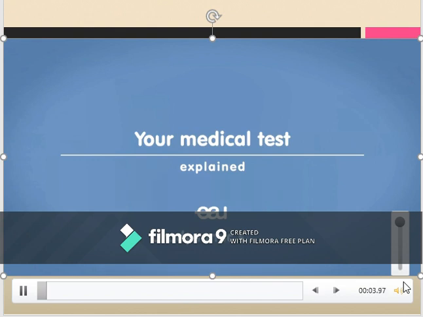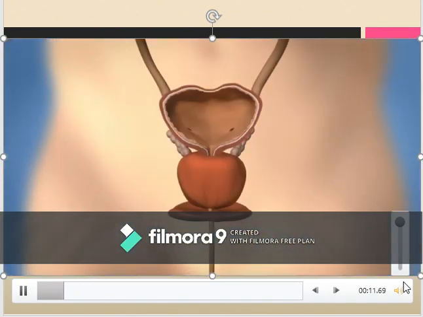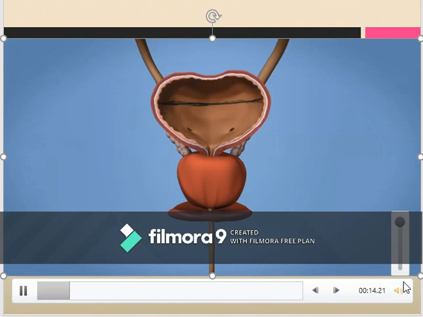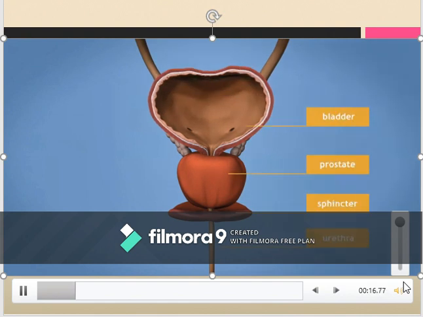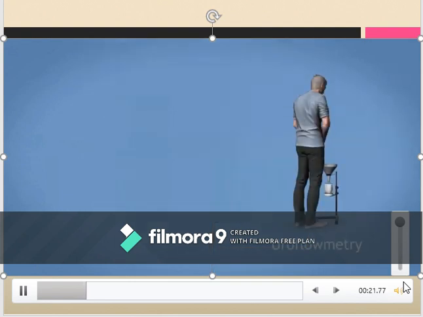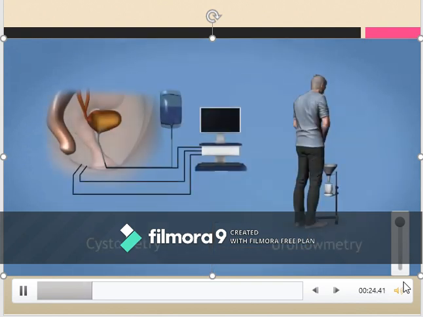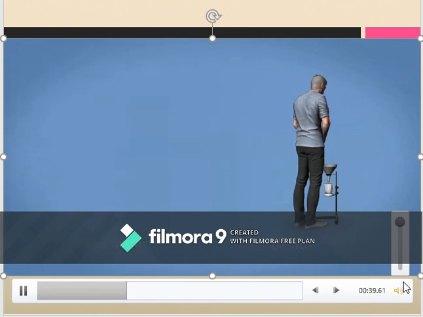You are about to undergo a urodynamic study to investigate the function of your bladder. These tests will help evaluate the organs that store and pass urine, such as the bladder, urethra, and tissue that connects them. Some of the tests include uroflowmetry and cystometry. Uroflowmetry is used to measure the rate of urine flow during urination. Cystometry is used to check whether the bladder is emptying and filling properly. This animation shows how a typical urodynamic study is performed.